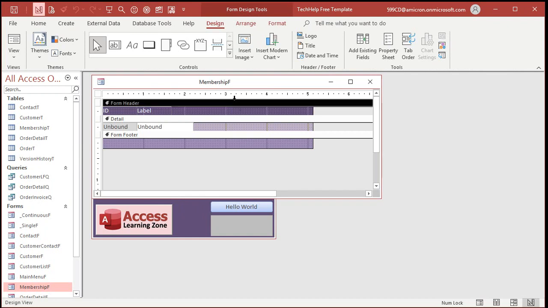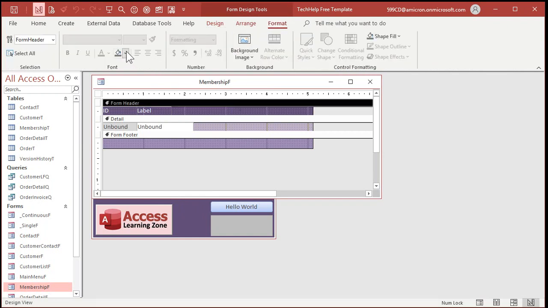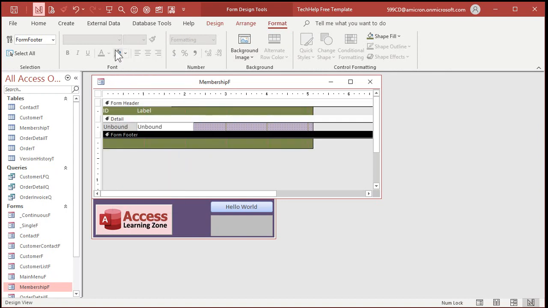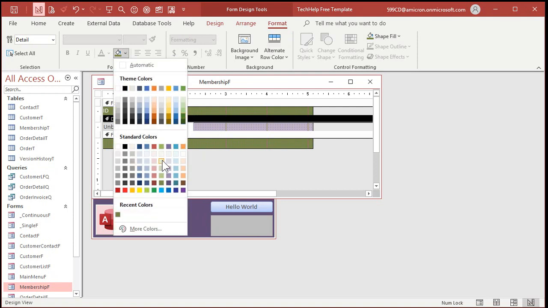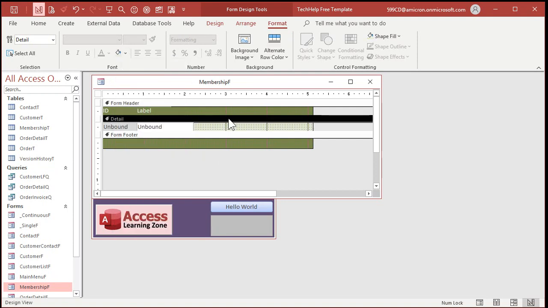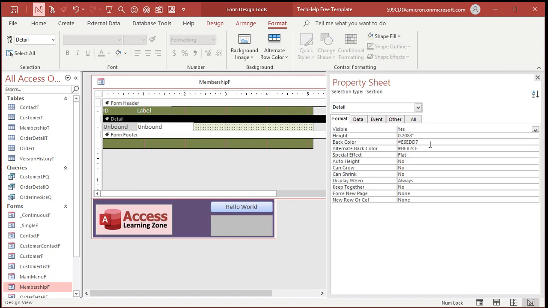All right, let's make this look unique. Let's go to Format. Let's go darker green with that and this down here. Let's go a little bit lighter green for the detail section, like maybe that. Okay, and of course there's that alternating color. Someone recently pointed out to me,